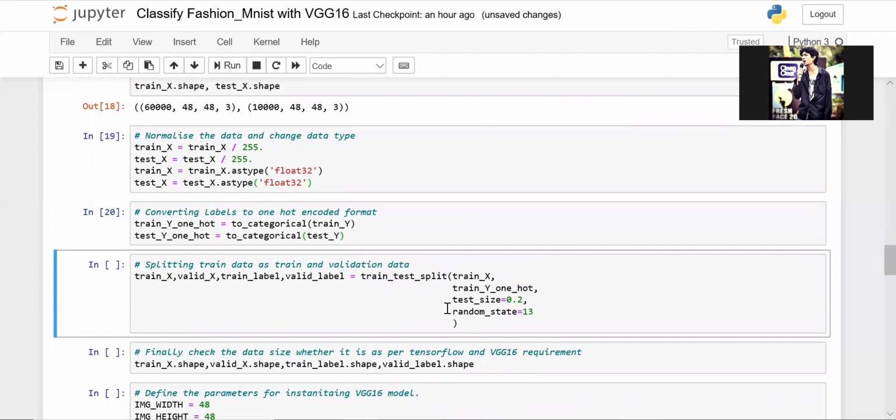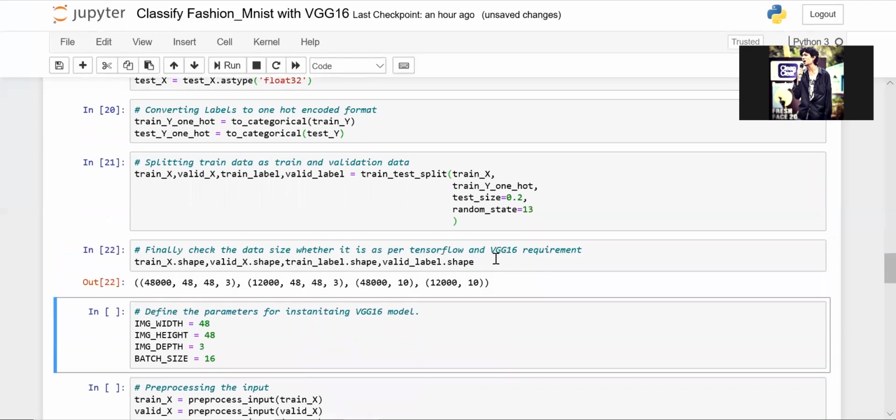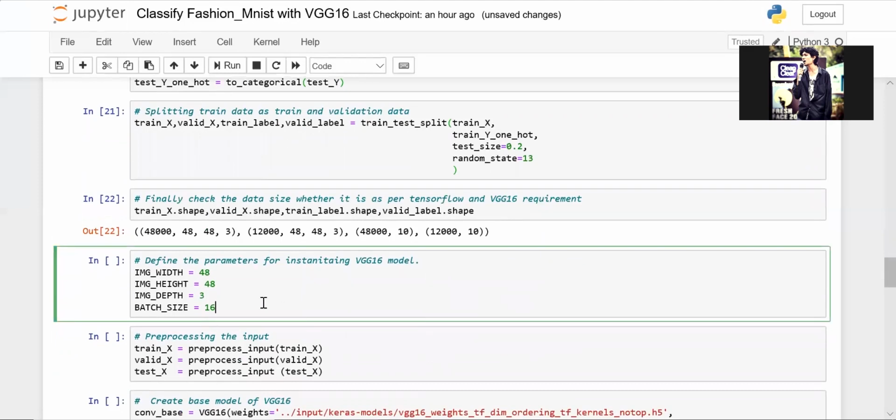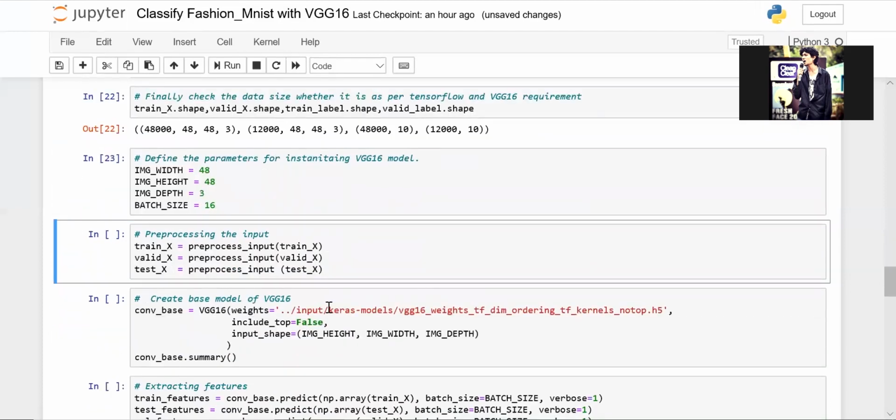And since it's a regular practice in data science to split your given data into training and testing, one set of data to be trained upon and the other set, which the model has never seen before, to validate upon, we'll just do that here. And since the data is big, it takes a couple of seconds. Just take the shapes of each of these. And now you have to define a set of parameters to initialize the VGG16 model. So we'll just do that here.